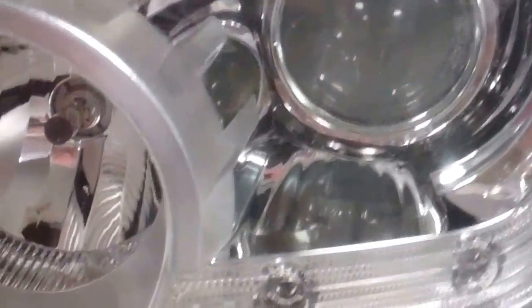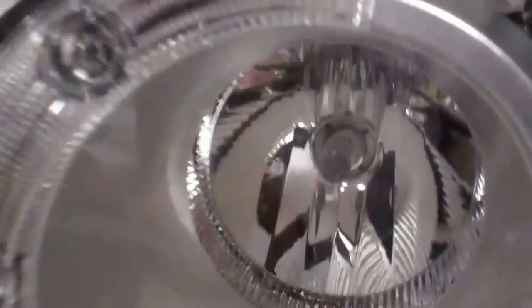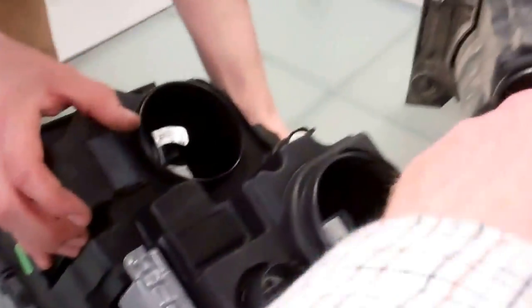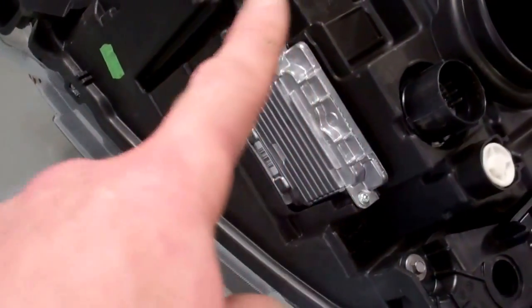these headlights on here are halogen. Now it's easy to tell the main beam, so this does your main beam, this does your dip beam or low beam, and it's easy to see you've got a halogen bulb in there, but you've got no idea what you've got behind this one. Now one easy way is to take the headlight out, and I'll put the link to the video there, and have a look. What you'll do, you want to flip that one over for me, Ian, is you'll notice on there, and flip that one over as well, on the xenon one you've got this xenon ballast driver pack